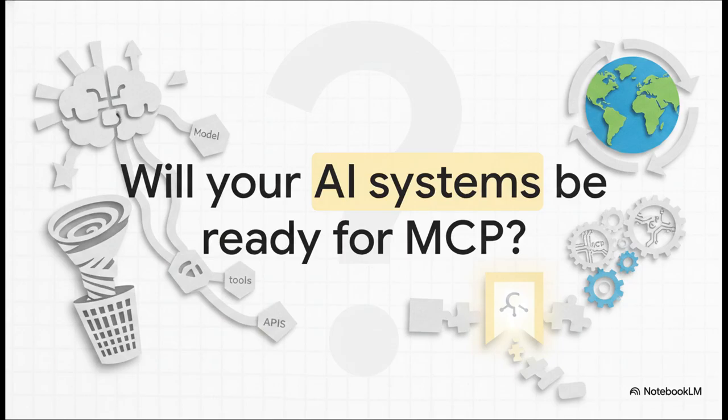Which brings us to the big question. HTTP unified the web and changed the world forever. MCP is beginning to unify how AI models talk to our tools. Pretty soon, every serious system is going to need to be MCP aware. So, will your AI systems be ready when MCP completely unifies the world of models? It might just be time to throw away that messy glue code and embrace the future.